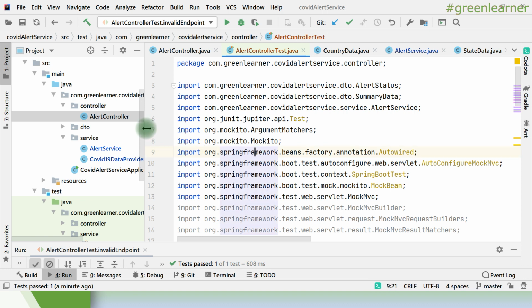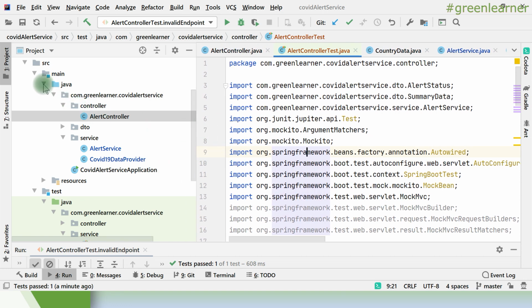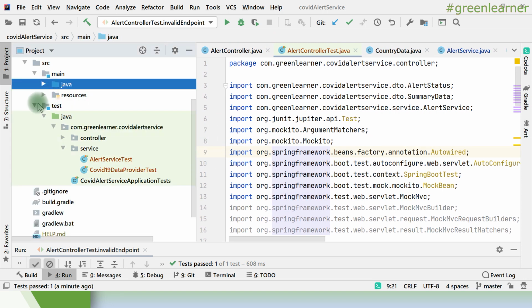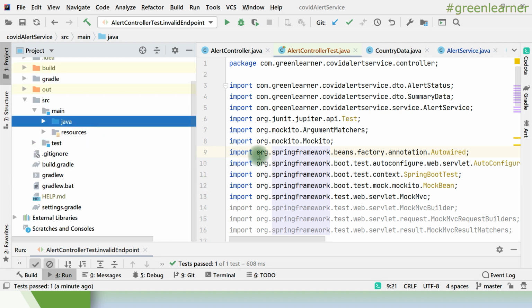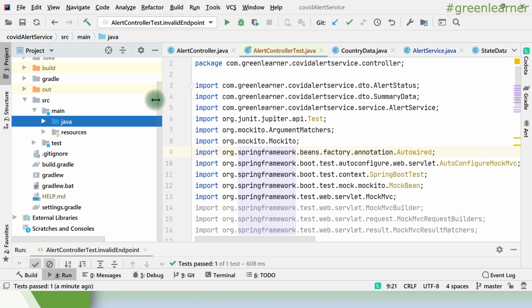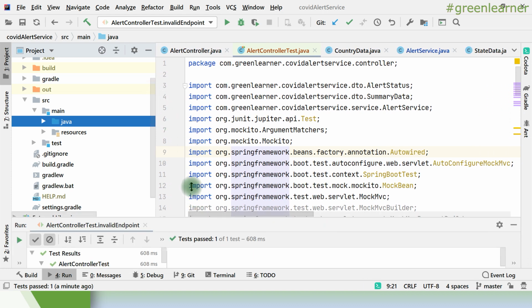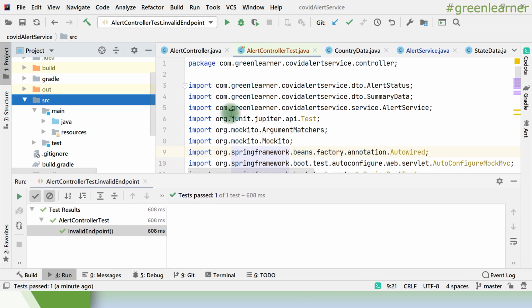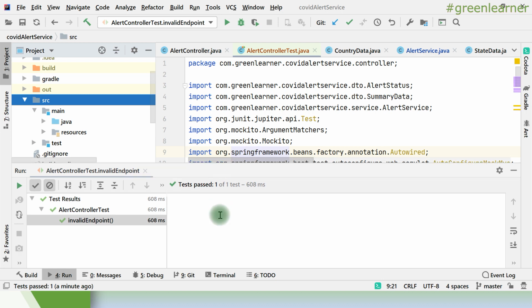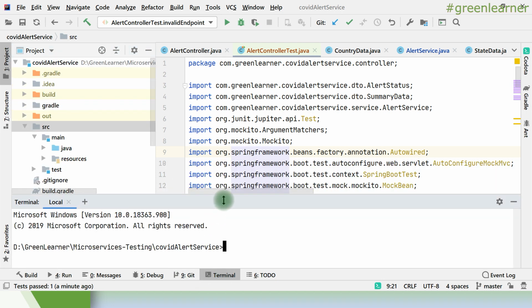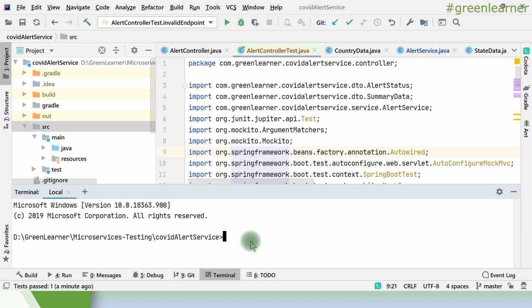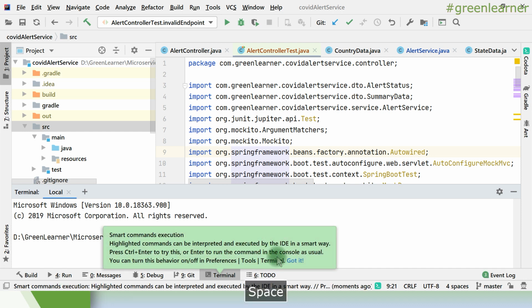So now we have completed the testing of all the classes. We have executed all the tests individually. Now let's see how we can execute all the test cases at one time. This is the complete application, the COVID-19 alert service. So if I come to the terminal here and I want to create the artifact out of this one, we have this